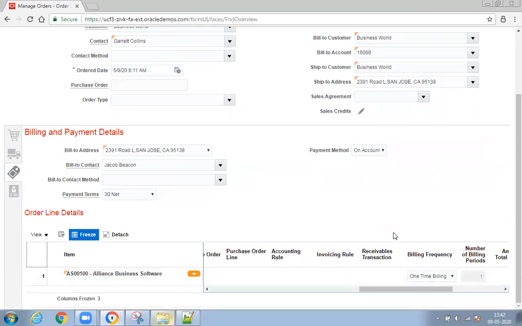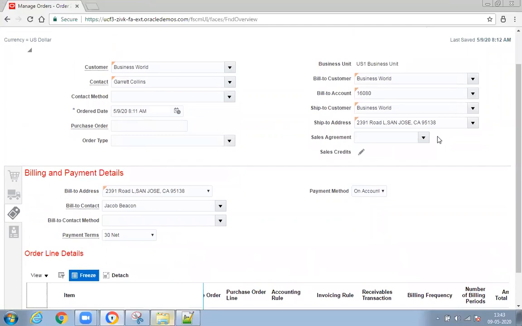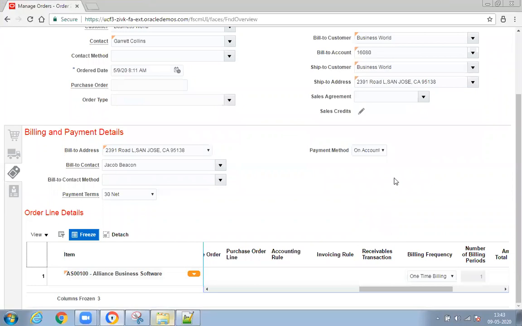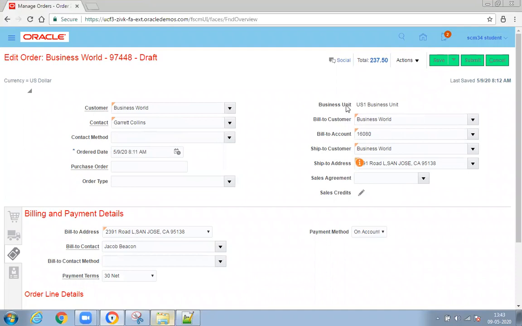So why is it not populated? The only reason is pre-transformation rules will work only while creating the order. If you try to create by using the copy option, this is actually a bug. Maybe in future versions you will see a solution for this. As of now, pre-transformation rules are not going to trigger if you create the order by using the copy option. So then what is the solution? In that case, you can use post transformation rules.